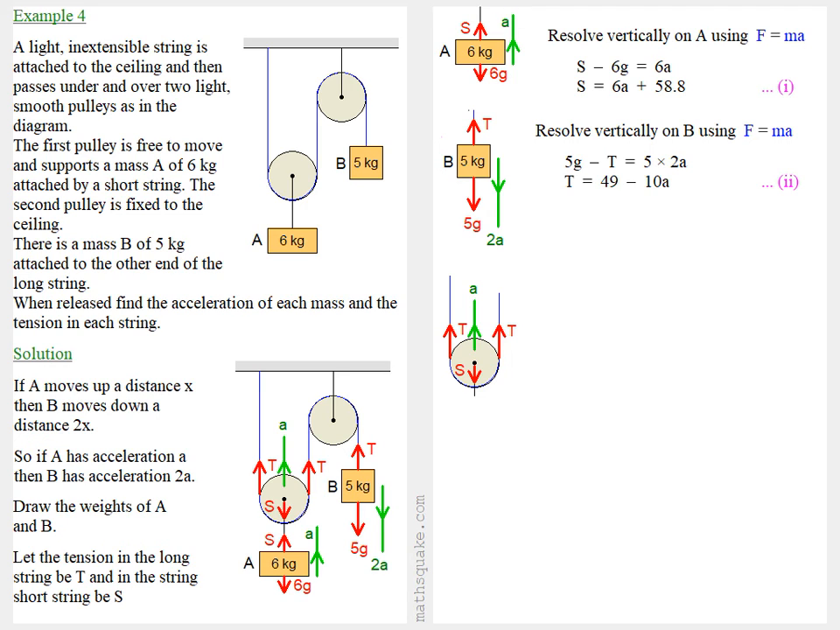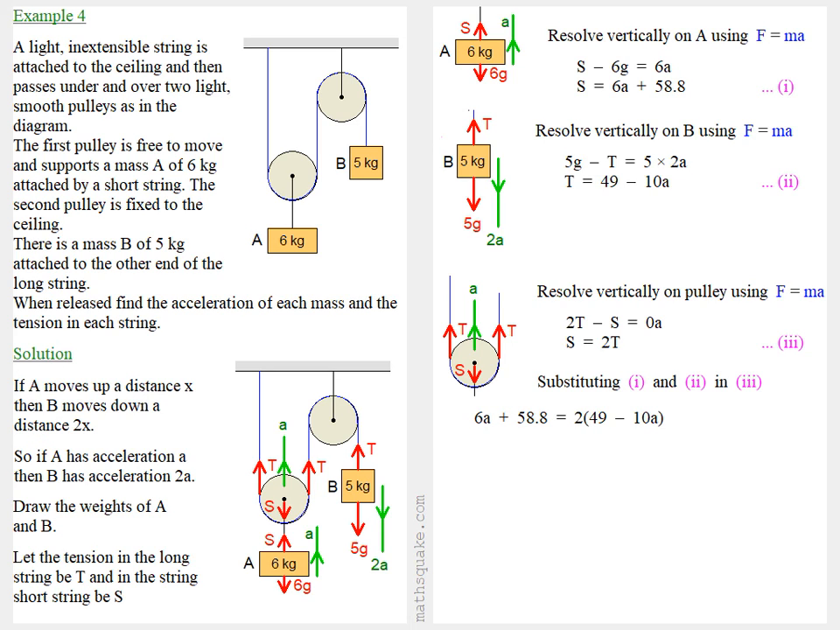Then if we look at the moving pulley, resolving vertically using F equals ma, we get 2T minus S equals 0a. The pulley is light, so we take the mass as being 0. That means S equals 2T. That can be our equation 3. If we substitute equations 1 and 2 in 3, we get 6a plus 58.8 equals 2 into 49 minus 10a. And if we expand the bracket, that's 6a plus 58.8 equals 98 minus 20a, or 26a equals 39.2, and so